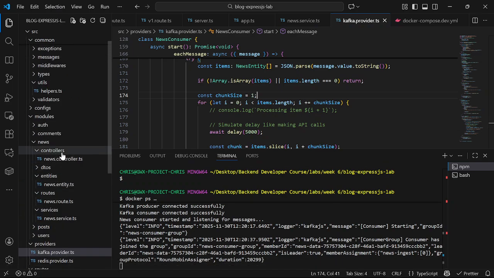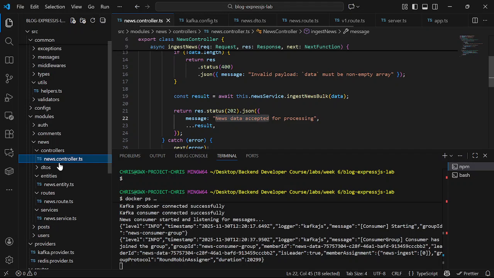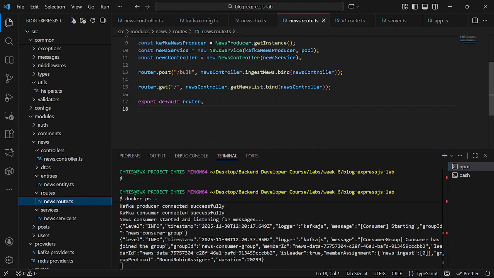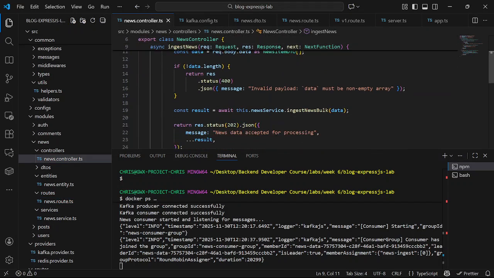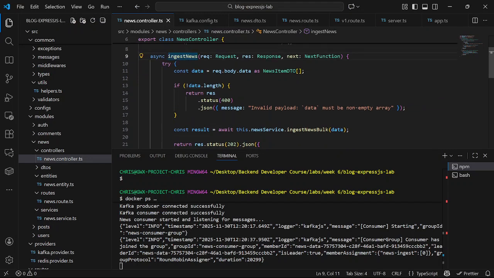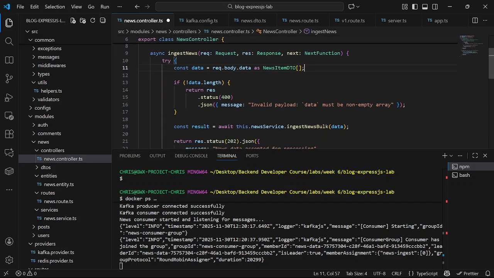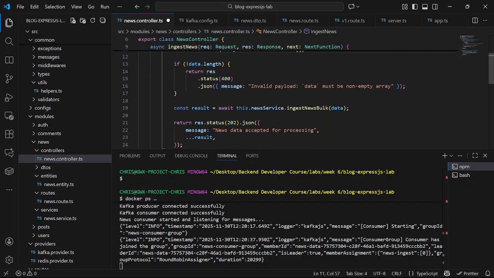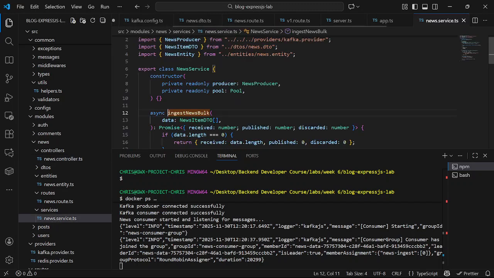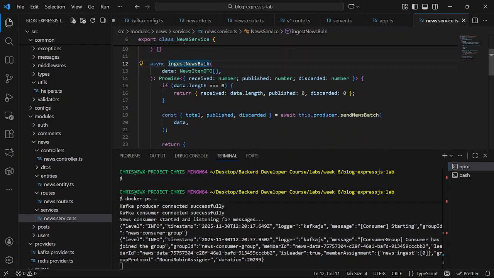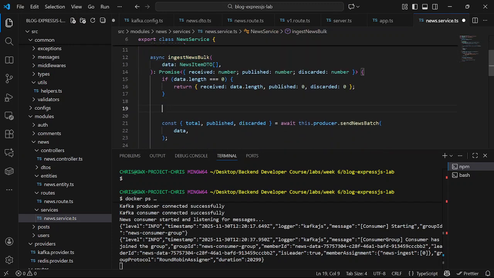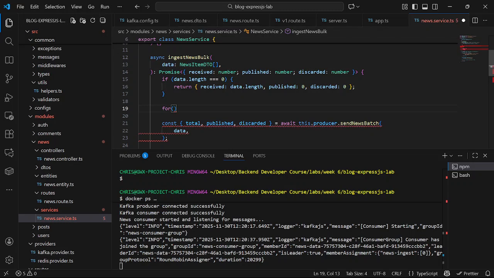So basically, this is what I'm saying here. If we come to this API, let's come to our route. This bulk API, some people will implement it in a way that when they receive this data, they will do a for loop and start processing it. So it doesn't make sense. Or even here, they will put the implementation here. They will do something like, let me demonstrate it here.